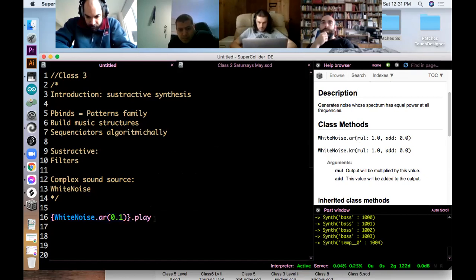Yes, the amplitude. Basically, white noise only has the multiplier and the add, and both act over the amplitude. So by default, it's the only thing you can modify: its volume. If we scope it,